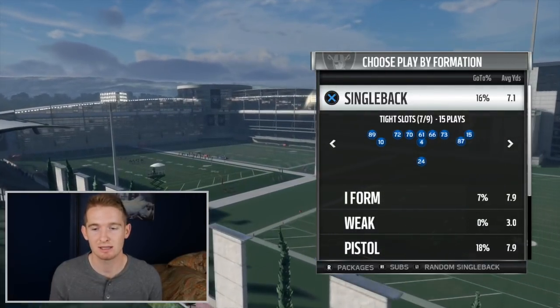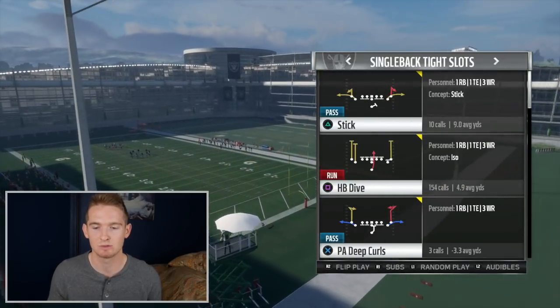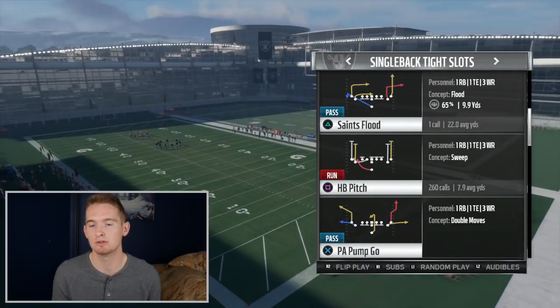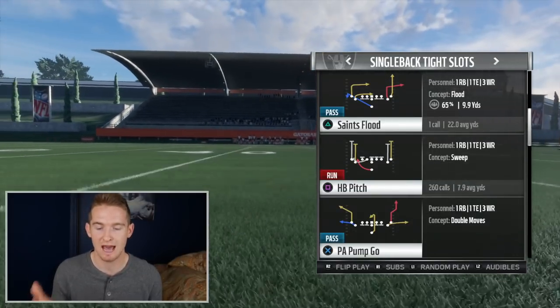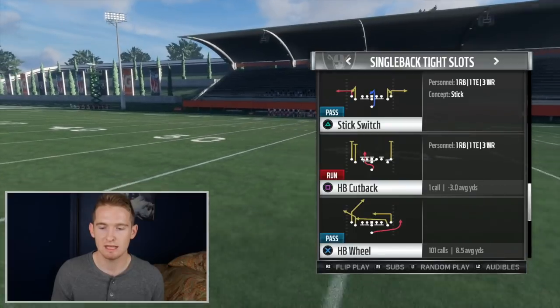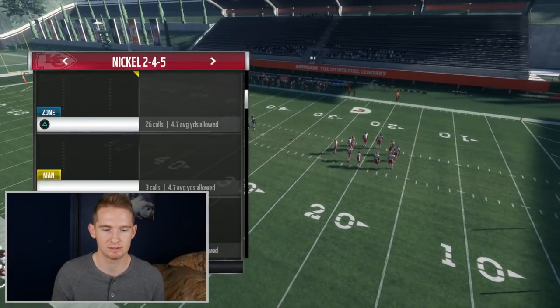It's out of tight slots. I made a video on this scheme already with halfback pitch and halfback dive. It's one of the most high power running combos you can do in this game. The only problem, which anybody knows if they run this, is halfback pitch is not an audible. So let's say you came out in a pass play, halfback wheel, and then you realize as they come out,